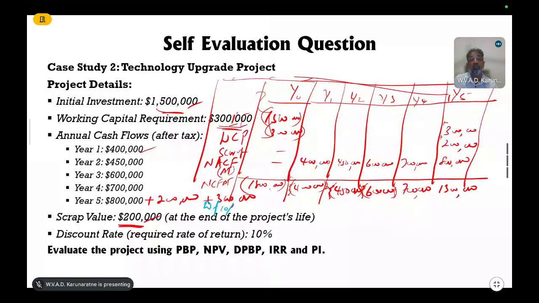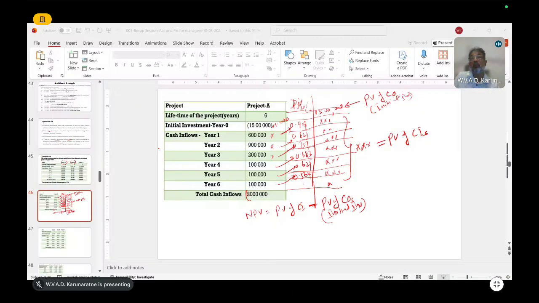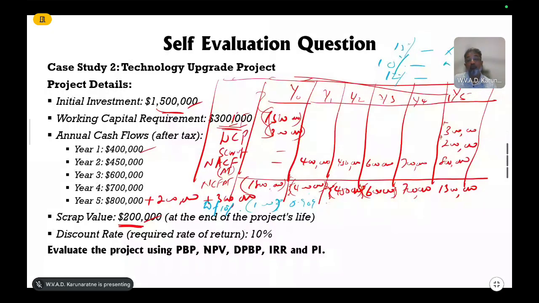If it is 10%, so this one here, sorry, not 12, this is 0.909. You are given whether it is 10%, 12%, or 15%. You have to select the relevant discount factor, right? If it is 10%,